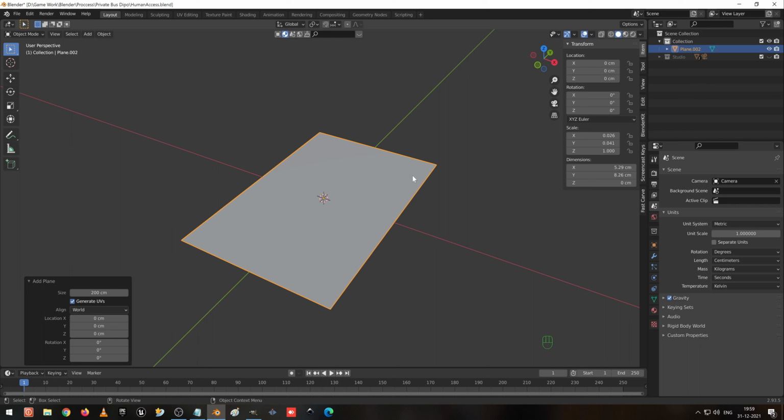Okay, fine. So I have taken one card for reference.